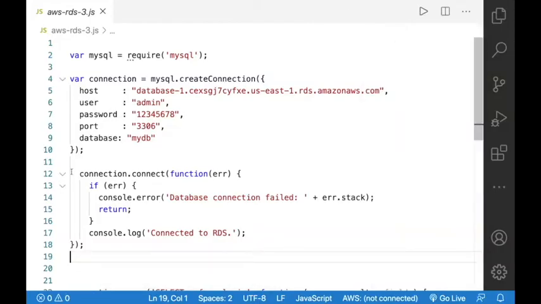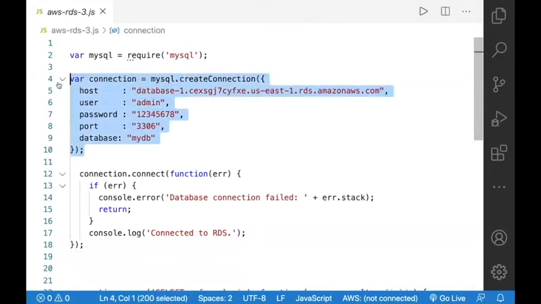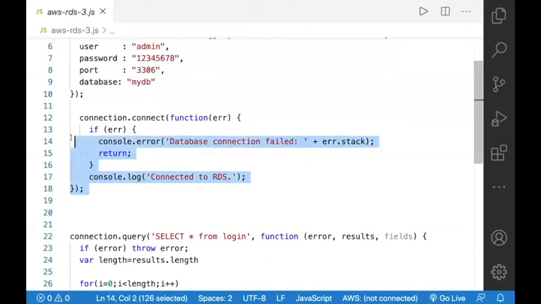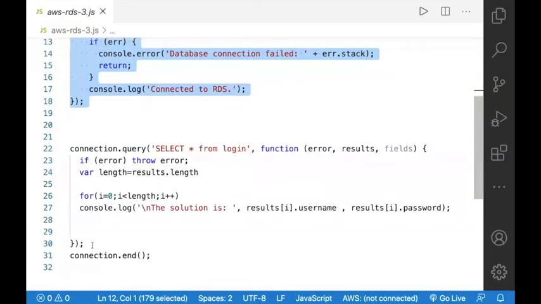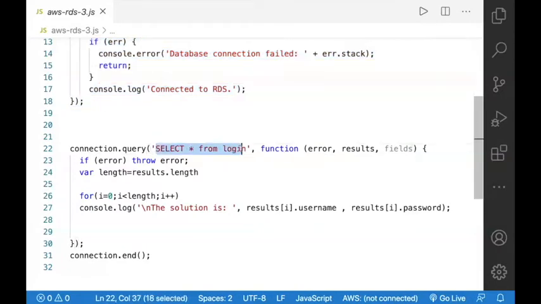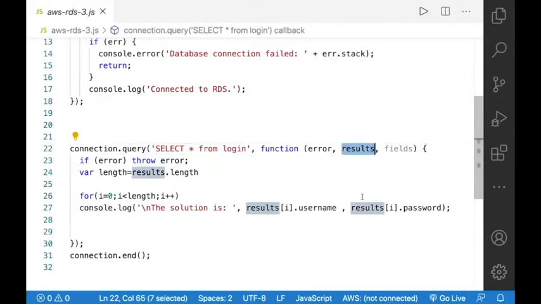Look at this program. Configure the connection parameters and connect to the database, and I'm going to write a statement select star from login. Here I am not going to simply display the result.